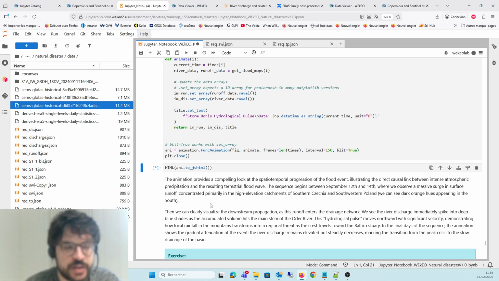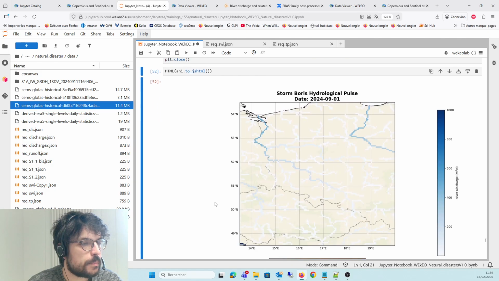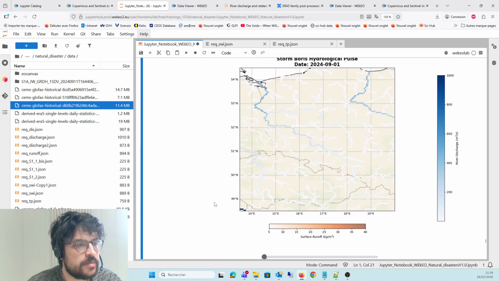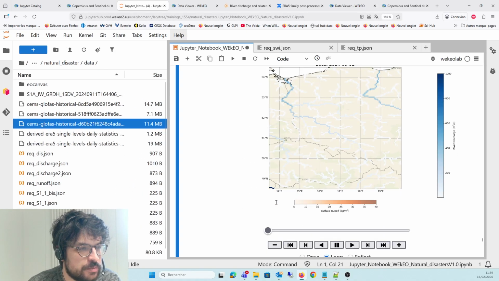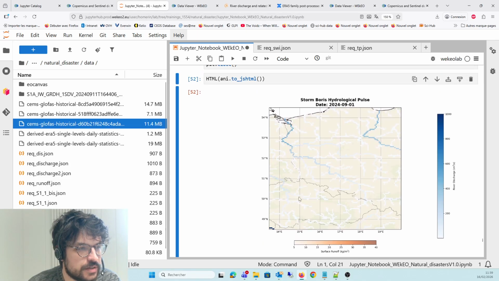It will take a few seconds, but it will appear. Alright, so our animation has appeared. I'm just going to zoom out a little bit so we can see it completely.